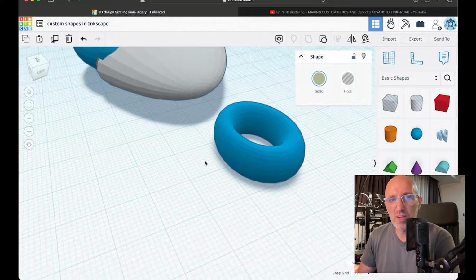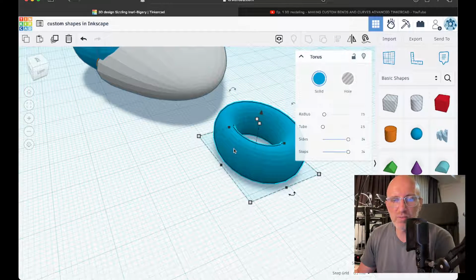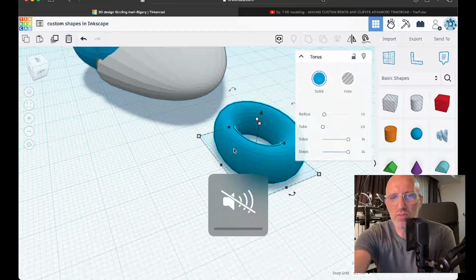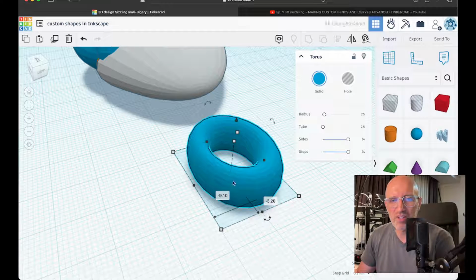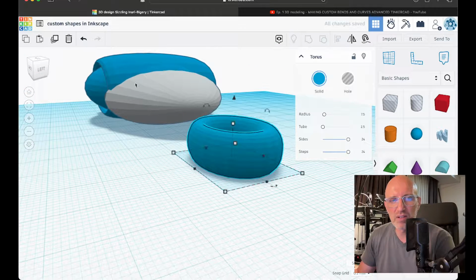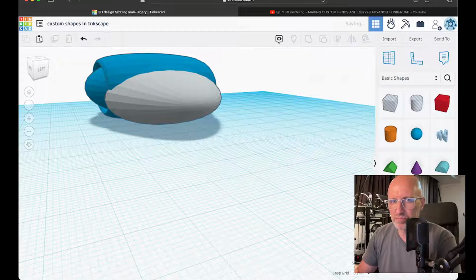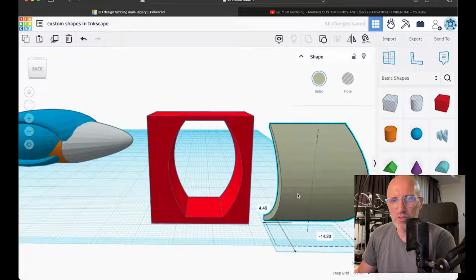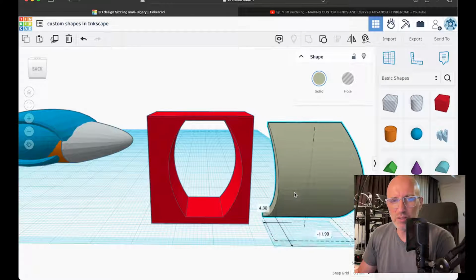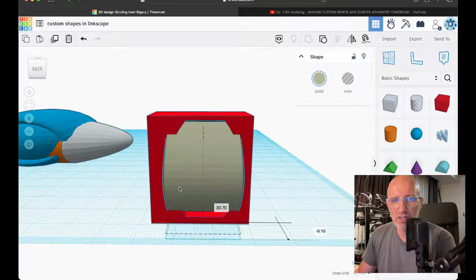TinkerCAD with maybe a torus like this, but the curves don't really help us because you'd have to hollow this out and constantly carve pieces out of this to make it fit this nose cone here. So what we're going to do is use the shapes from here, and we're going to create a cookie cutter,